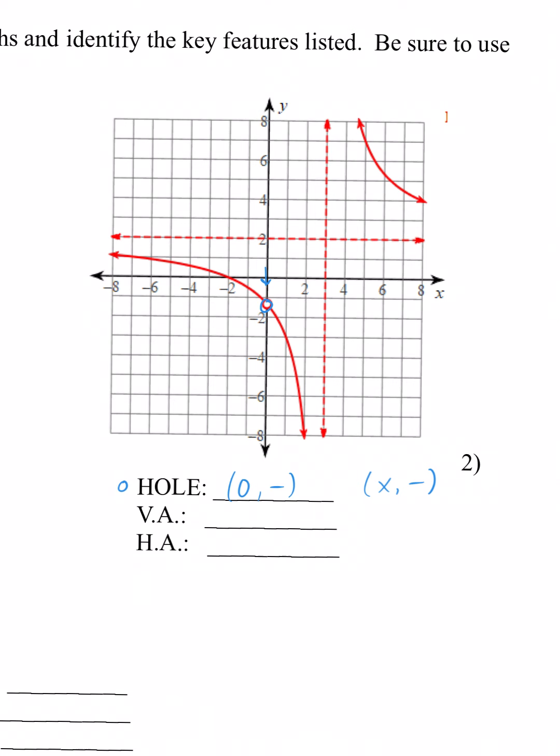All right. So my next step is to find my vertical asymptote. So remember, I'm looking for my vertical dashed line. Okay. And at this point, x equals 3 because it goes through the 3 on my x-axis. And then I'm going to look for my horizontal asymptote, which is the horizontal line, and where it ends on my y-axis. So in this case, my horizontal is y equals 2. Okay? And then the last one,